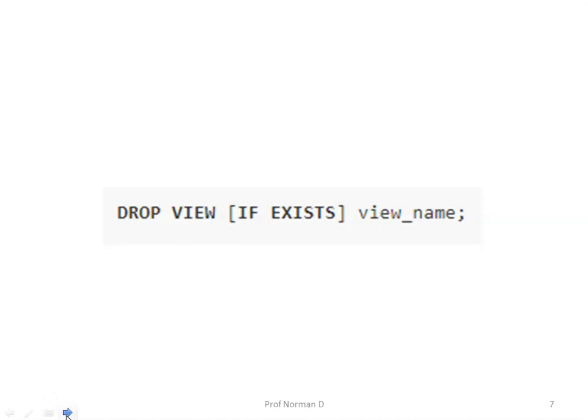In this syntax, you specify the name of the view that you want to drop after the drop view keyword. Whichever view we have created, we have seen 2 views, one view was V and one view was customers payments. So in this case, your view name will appear. The if exists option conditionally removes a view only if the view exists.